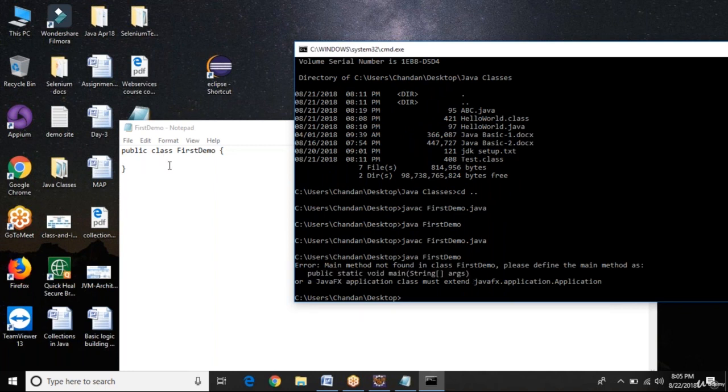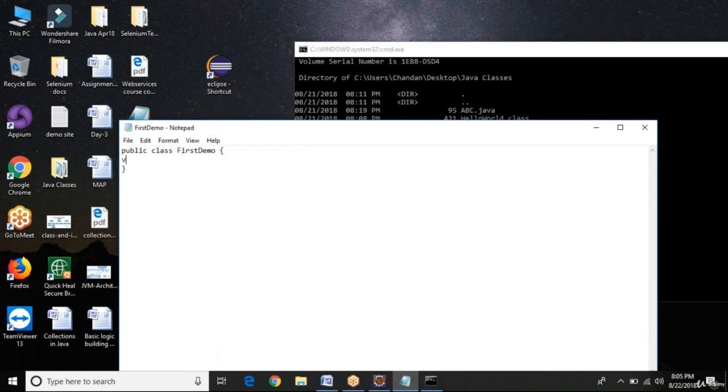Now I'm going to paste this here, and now we have a main method. I'm explaining this because what if we have more than one main method in the same class? Let's say we create another main method, public static void main, without any parameter. Will this program work or not?